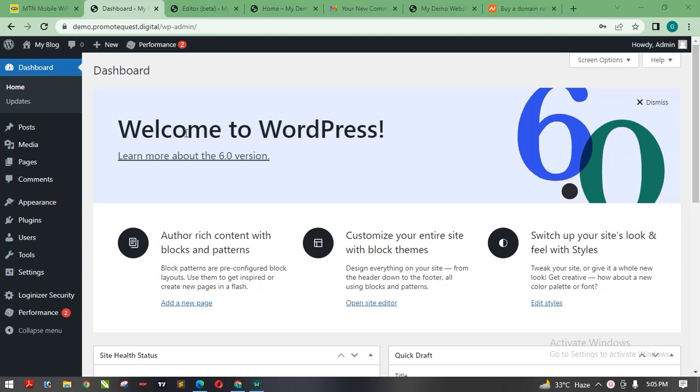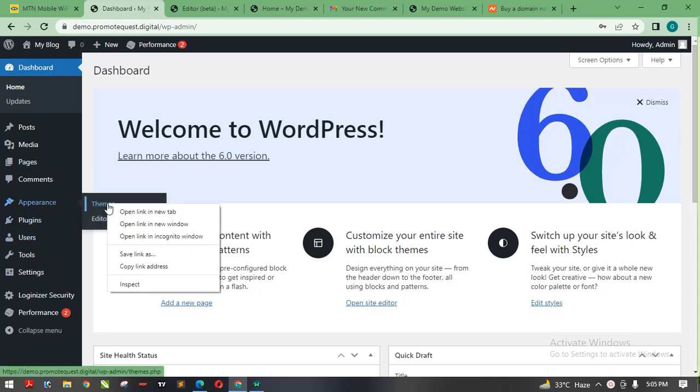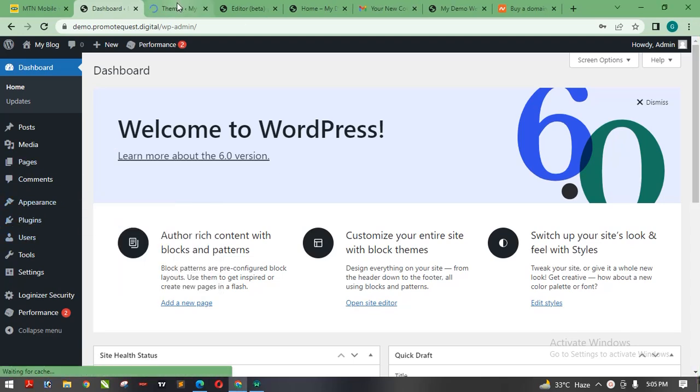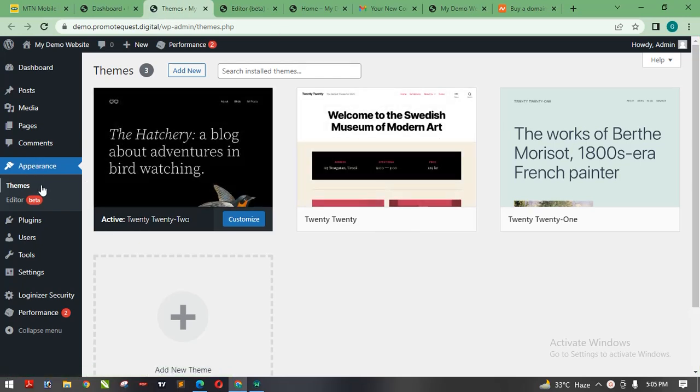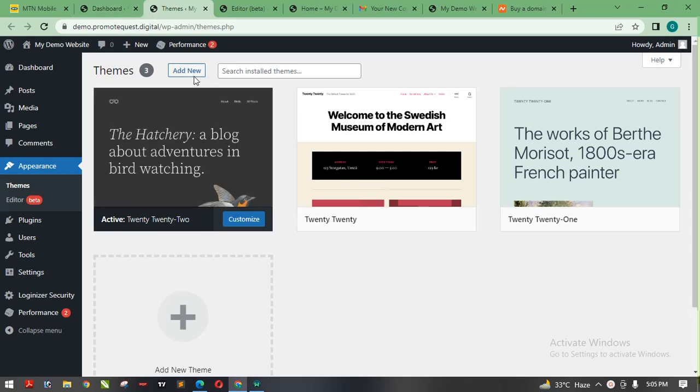Then it means we have to go into the customizer of the theme. But I want to let you know one thing first, that presently I have not installed any theme on this WordPress website. The theme that is there is the default theme that actually came with it when I installed WordPress. This theme does not have customize, so that's why you cannot change the favicon using this theme. So let's